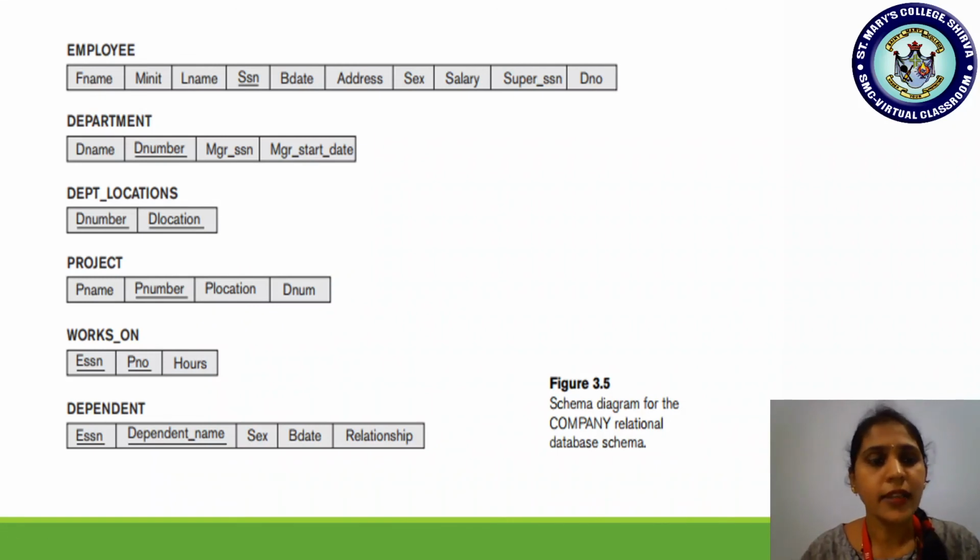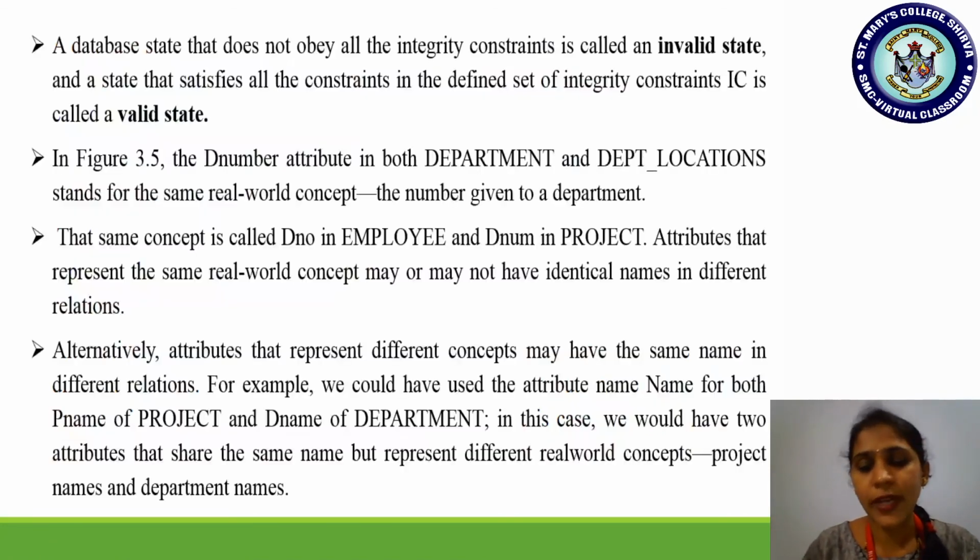Like that. So instead of giving D name, we can take name here, and that name refers to the department name here. And instead of taking P name, we can take name here for project, which refers to the name of the project here. Is that clear? So name doesn't clash even though it repeats in other relations also. If the same common attribute name is found in other relations, it doesn't clash. Okay.